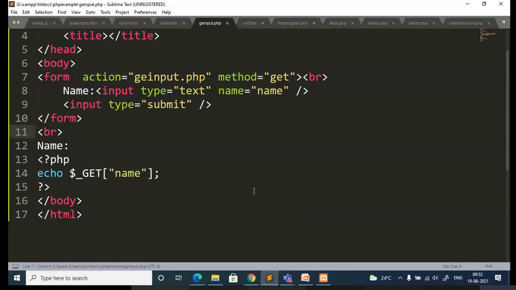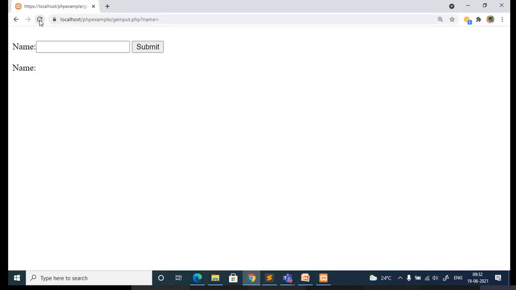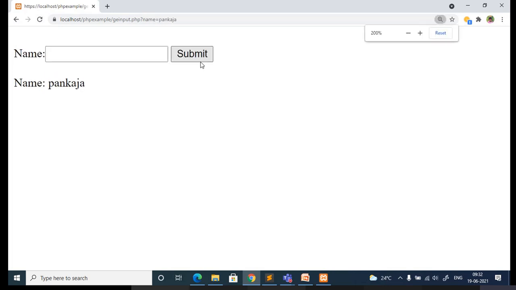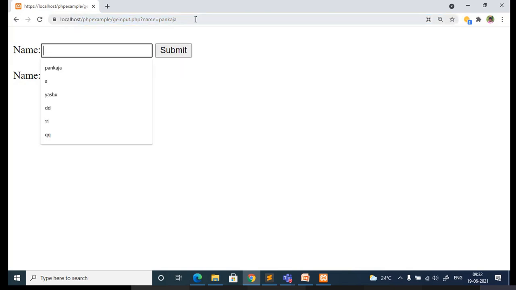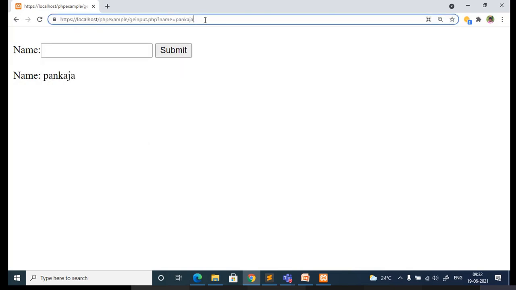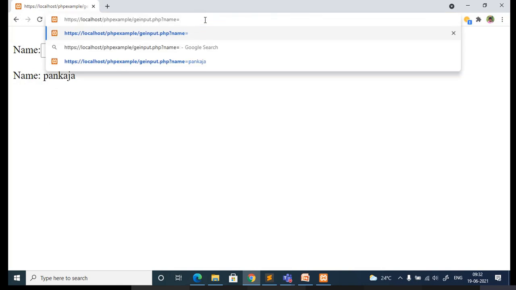See, when you are executing, if you are getting any errors, try to clear them. That is the way you are going to learn. So now I'll enter something. Okay, so this is how I am getting the data. At the same time, you can observe the browser also. It is not increasing the font size. You can observe the URL. You can see the value that was passed. Even you can directly change it from the URL. Whatever you want to print, you can directly change from here.